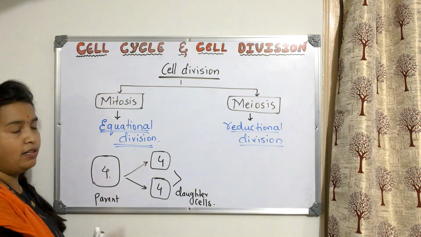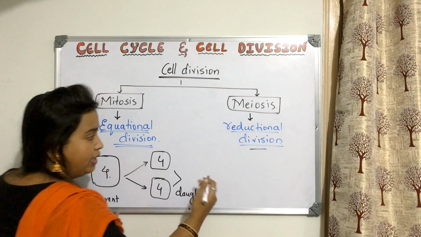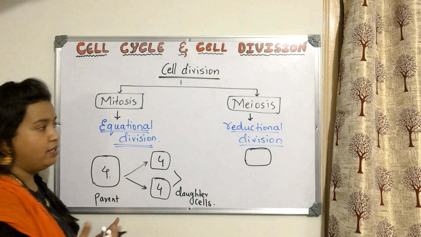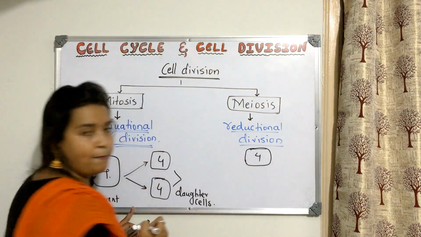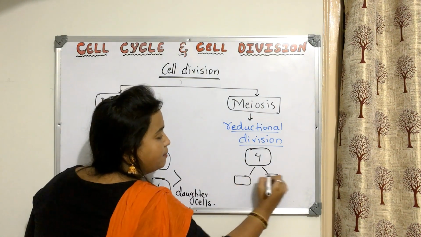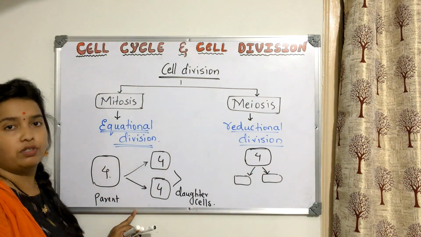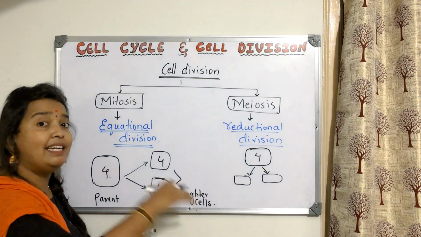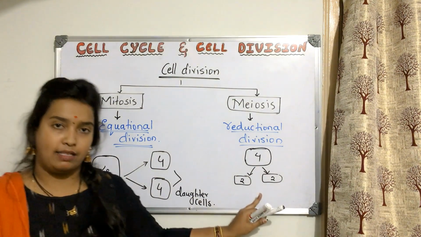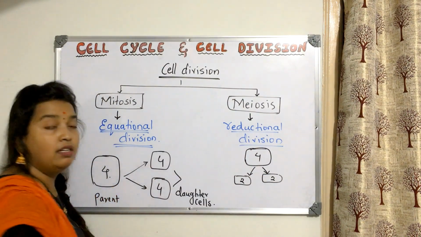Now in meiosis, you need to understand one thing. In a crude way, we will take the same example. Here also, this is a cell which will undergo meiotic division. That means if it is having 4 chromosomes, then the condition in meiosis is that it will form 2 cells, but the chromosome number will be reduced. It is equally given to both, but it is reduced. That means 2 and 2. This is the actual maths. That is why we call it reduction division.